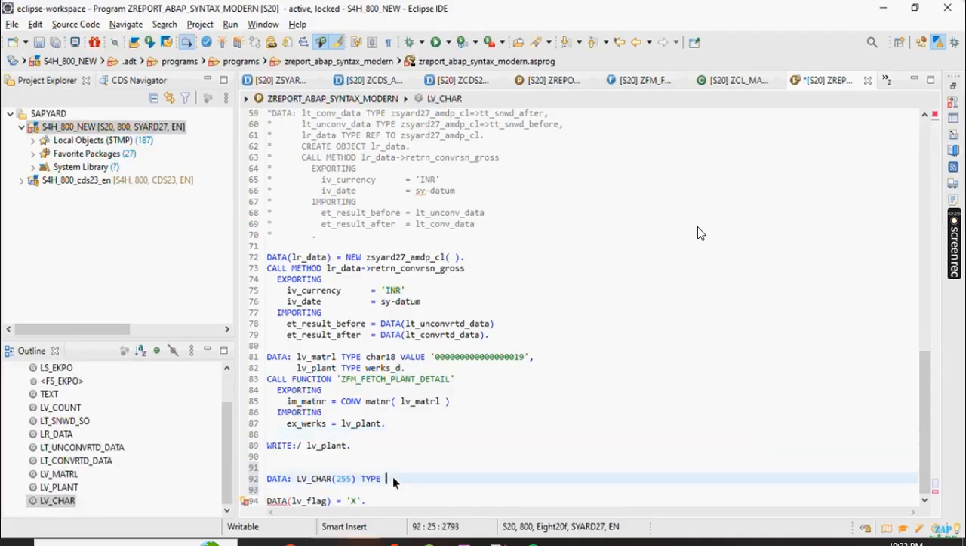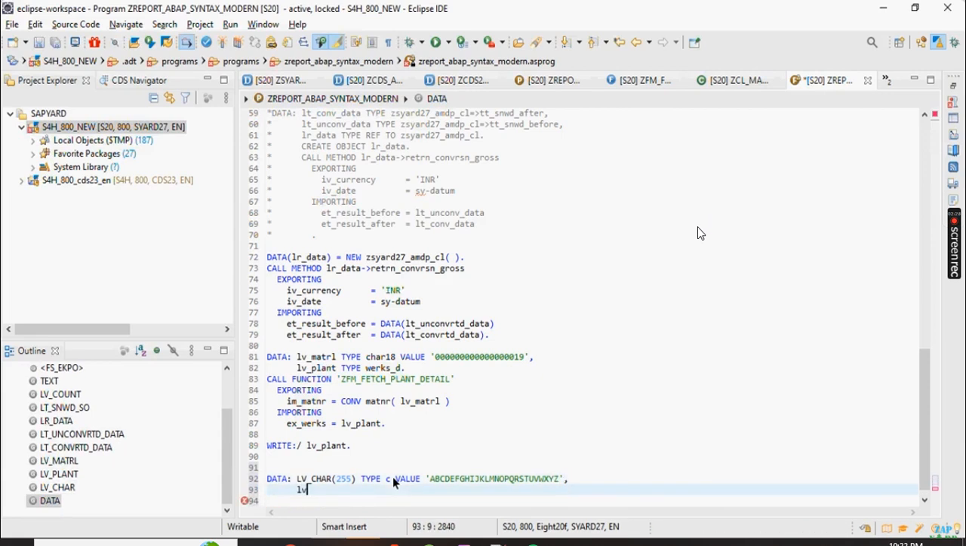And now here I see value and I pass the value here. So for demo purpose I am passing all ABCD, EF, GH, I, J, K, L, M, N, O, P, Q, R, S, T, U, V, Z. Fine. Okay. Now LV_source